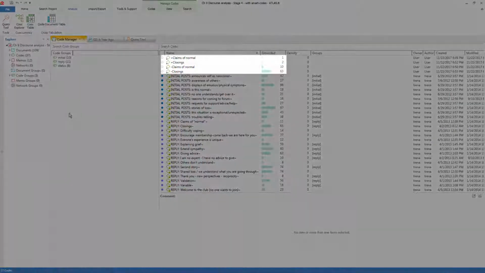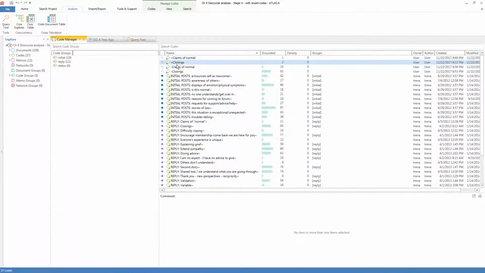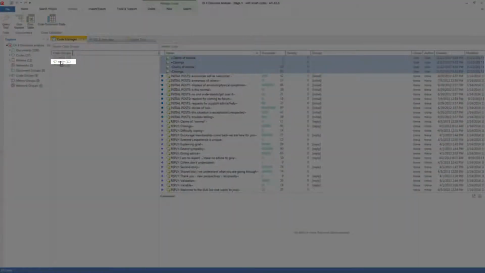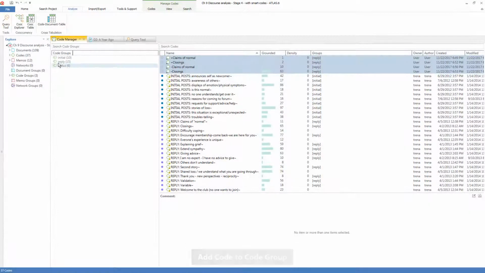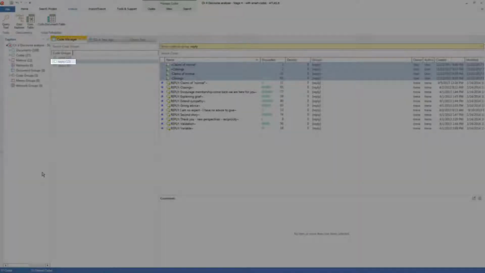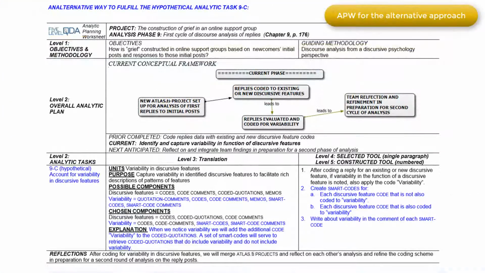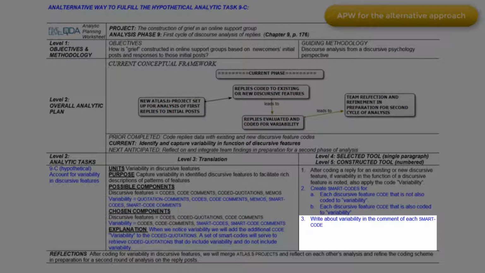Here are my smart codes clustering together due to the symbol as their first character. I'll select them all and drag them into the reply group. Then filter again by the reply group just by clicking on it, and this is the set of codes I want to work with for the last step of the constructed tool, which is write about variability in the comment